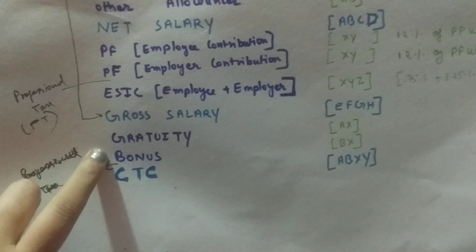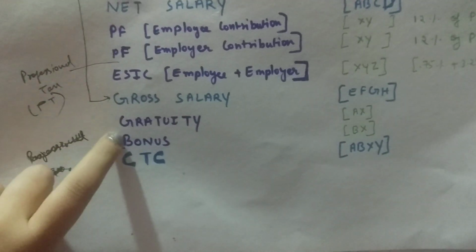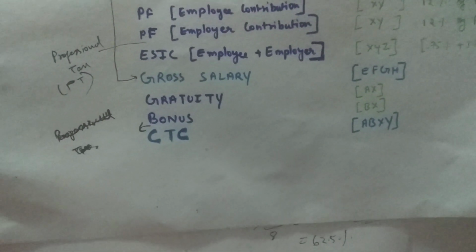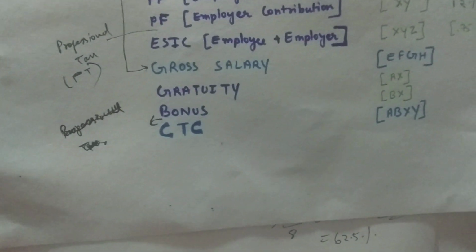Now next comes the gratuity and the bonus. Now this gratuity and bonus are variables, and gratuity is like whoever serves for 5 years continuously, only they can claim the